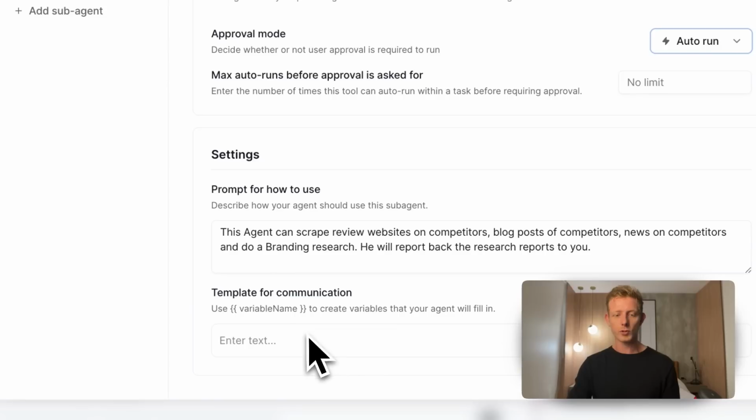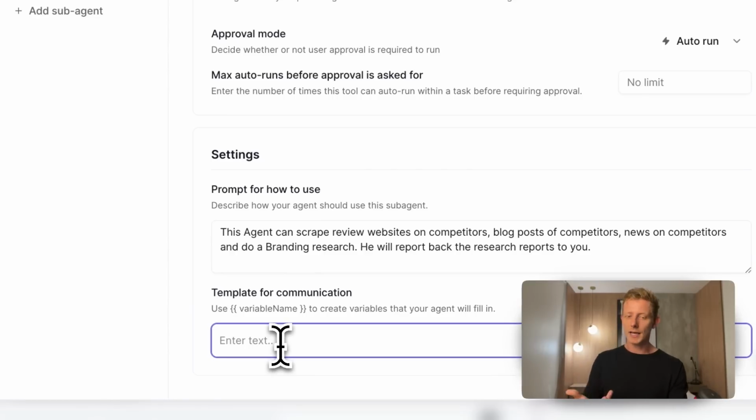And then we can do one more thing, which is the template for communication. So we can basically put in a template which your manager agent will use when he communicates to the sub-agent. Because again, remember, these sub-agents are basically prompted by the manager agent. So here we can sort of make sure that our manager agent always prompts the sub-agent in the right way. So in this case, for example, I left it empty because it did it right, but you could say something like, please do